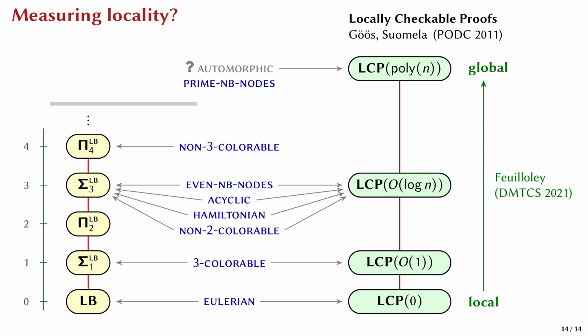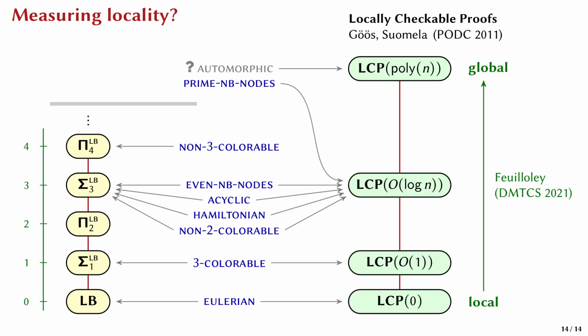And unfortunately it's not. Remember that in the left hierarchy we cannot express that the number of nodes is a prime? Well, in the right hierarchy this is already possible at the logarithmic level, and it can be done in exactly the same way as expressing that the number of nodes is even. We construct a spanning tree and then aggregate counters from the leaves to the root. The reason this doesn't work in the left hierarchy is just that locally bounded certificates are too small to contain the counter values.